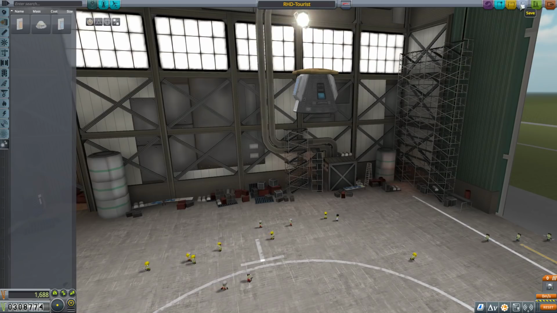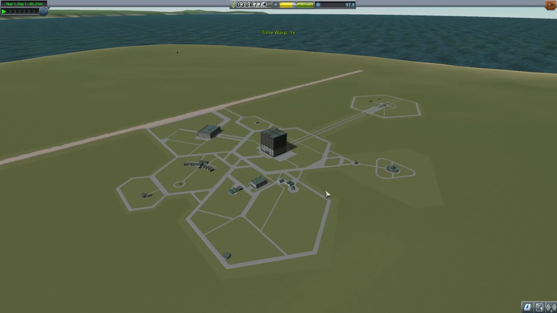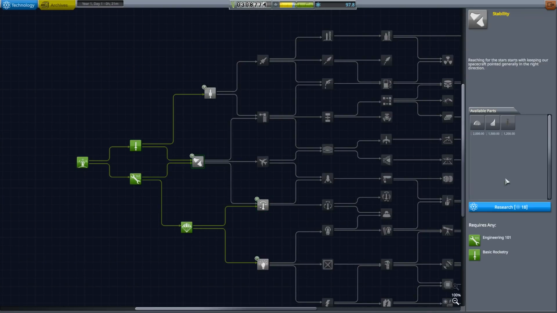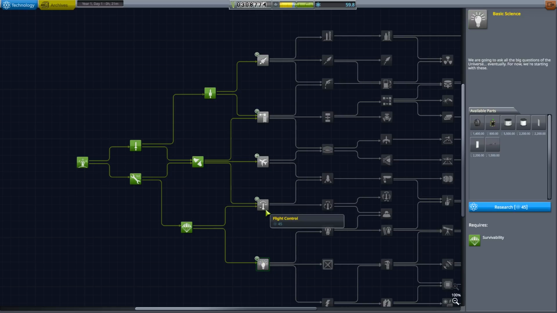We'll call this RHD Tourist. We'll save it. I need to unlock some additional parts from research and development. So what I need to unlock is, first, we'll get all the next tier tech. And then I need to unlock